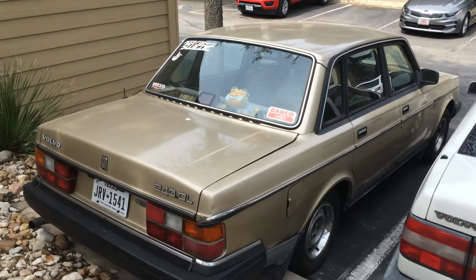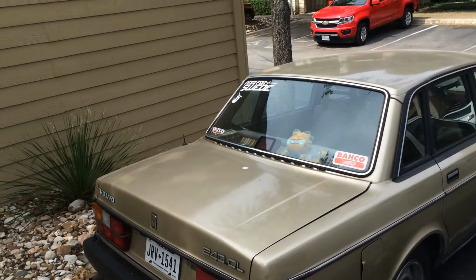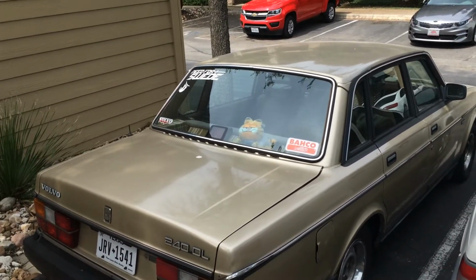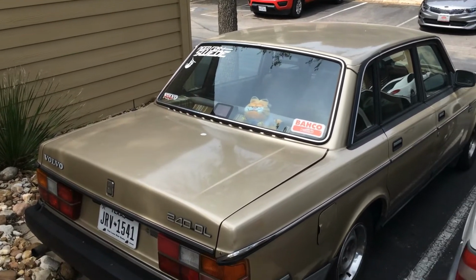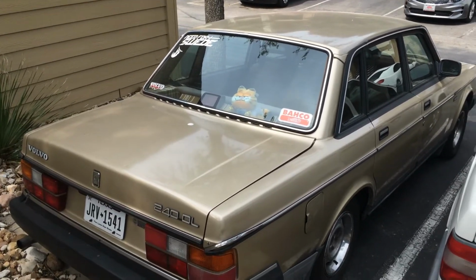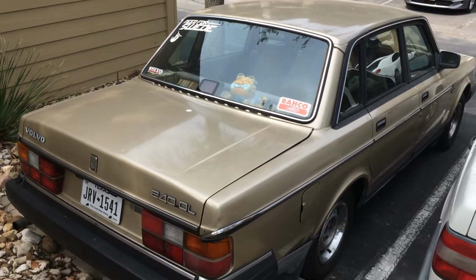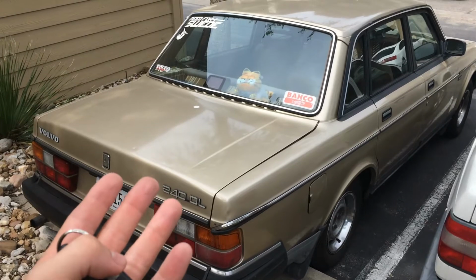Now, Goldie has been my personal car and my daily driver for a little over a year now, while turning plenty of heads and getting me plenty of places rather reliably. Unfortunately, Goldie's air conditioning system just is not up to snuff to be converted over to R134A, and the cost